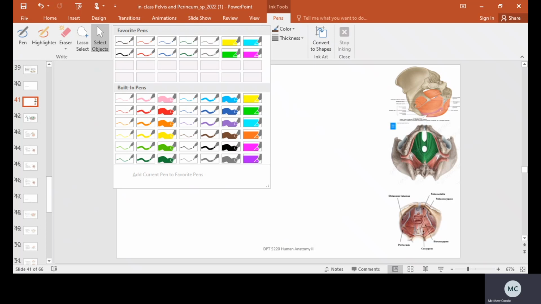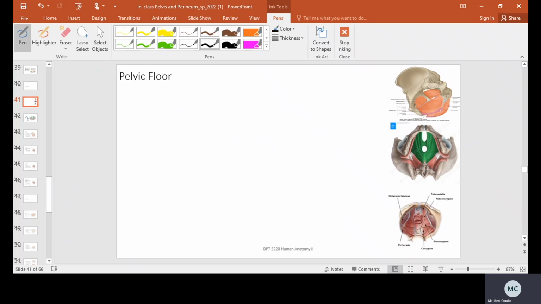The closest picture to all this is going to be this guy down here, but I wanted to provide this picture as well. That one's straight out of Gray's. That is a hemi pelvis. Basically they just took one ilium off, and you can see down into the pelvis, so you can get a little bit of context here. All right, so what we're going to do